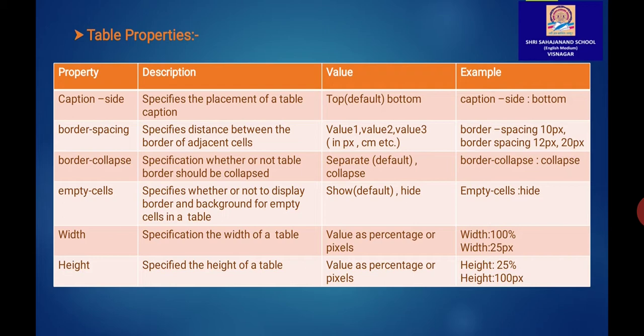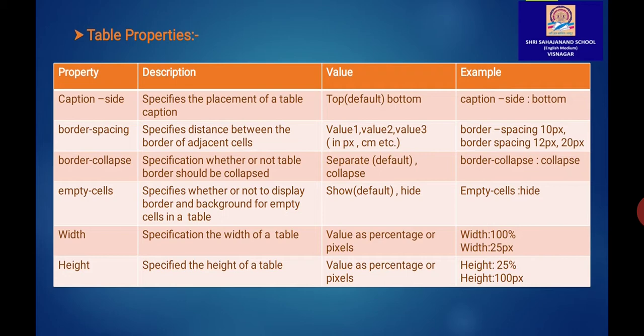Next one is border spacing. It specifies the distance between borders of adjacent cells. We can define one or more values in pixels, centimeters, etc. For example, border-spacing: 10px or border-spacing: 12px 20px. Next one is border collapse. It specifies whether or not table borders should be collapsed. Separate is the default value and the second one is collapse. For example, we can define in a program